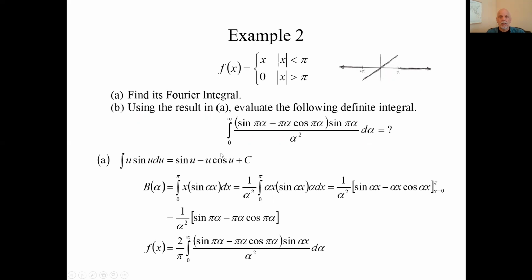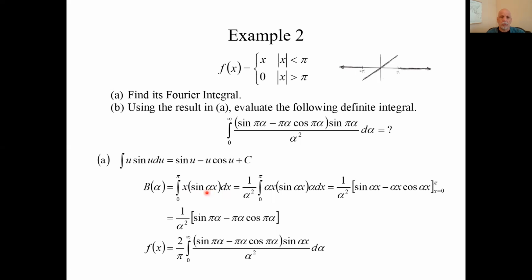We're going to have to evaluate an integral that I'm going to use a table lookup for. I'm not sure how you do it, maybe integration by parts or something. We'll use a table. So the b of alpha, here's the integral we have to take. We only have to take the integral over positive values, and there it's just x from 0 to pi. So we only integrate from 0 to pi, x times, this part comes from the formula for the Fourier integral,